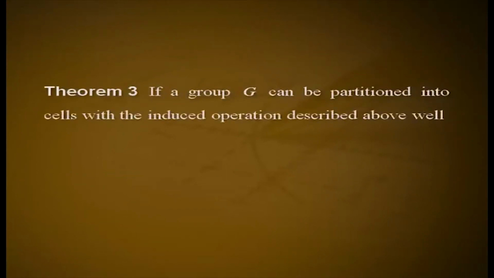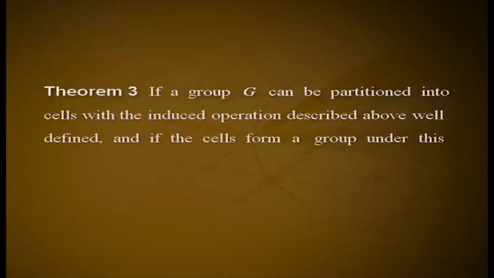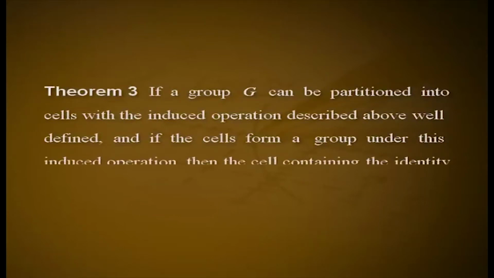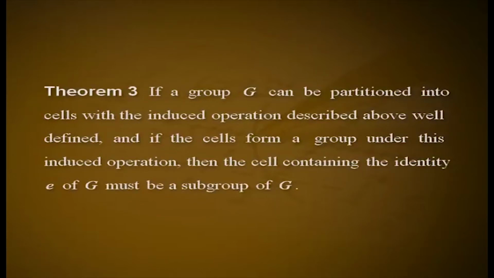Theorem 3. If a group G can be partitioned into cells with the induced operation described above well defined, and if the cells form a group under this induced operation, then the cell containing the identity E of G must be a subgroup of G. Proof. Let G be partitioned into cells with the induced operation described just above the statement of the theorem well defined and giving a group, and let